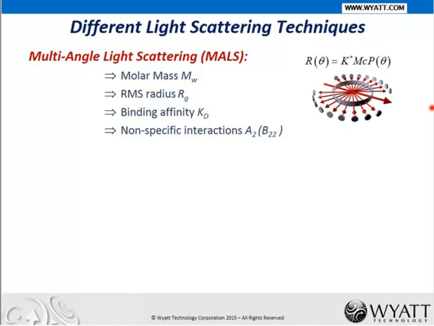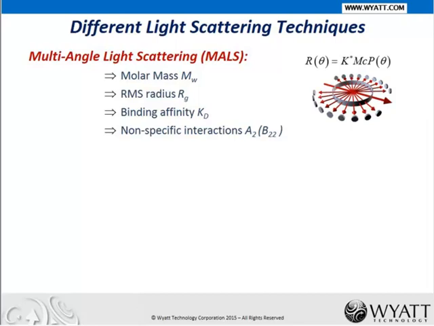radius of gyration, Rg. When we measure the intensity from two different species at different compositions, then we can measure the binding affinity, or the equilibrium dissociation constant. When we measure the intensity at different concentrations, we can obtain the non-specific interaction parameter, the second virial coefficient, A2 or